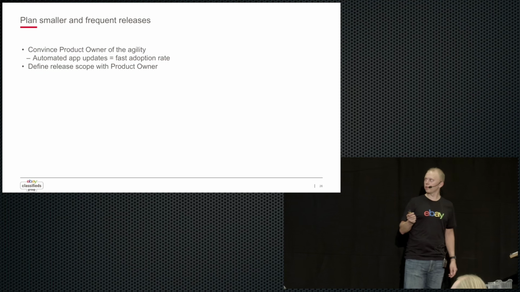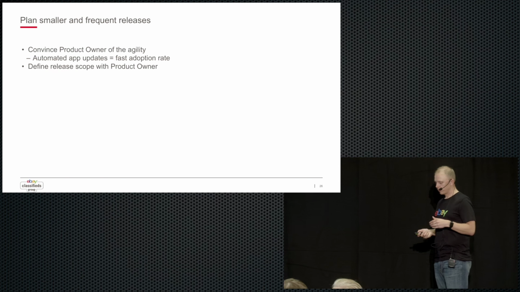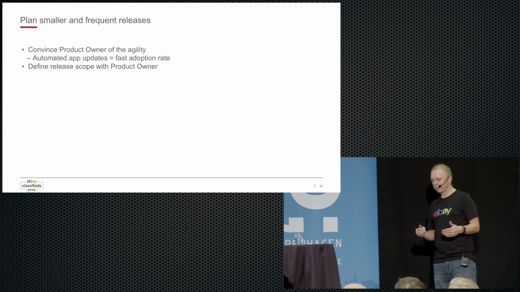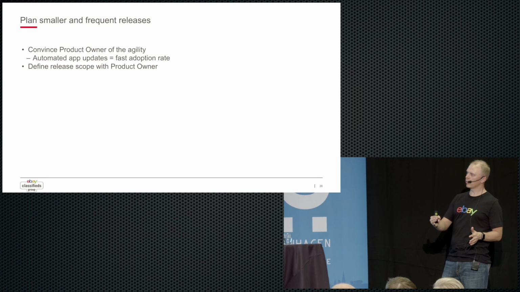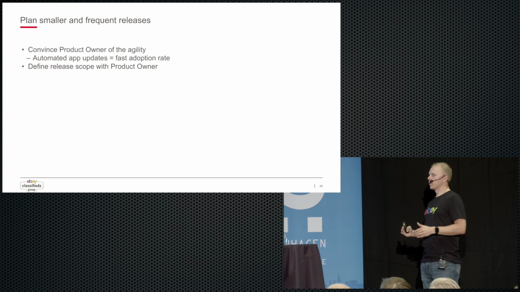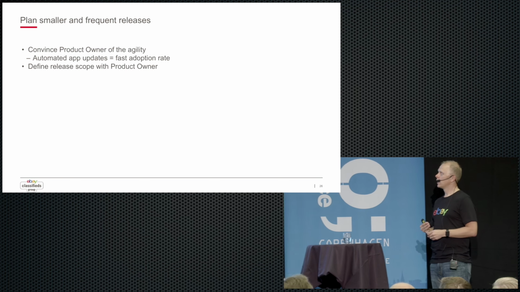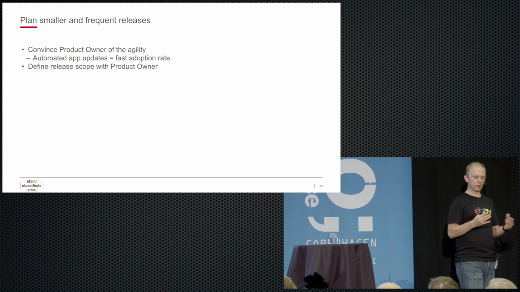Yeah. So one of the benefits after we had all this set up was that now we can actually. So the first slide was about continuous delivery being something that we could do a binary whenever and upload it whenever we want to. And we want to take advantage of that, actually starting to put out more frequent releases. But for that to happen, we had to convince our product owner about the new agility that we now have,